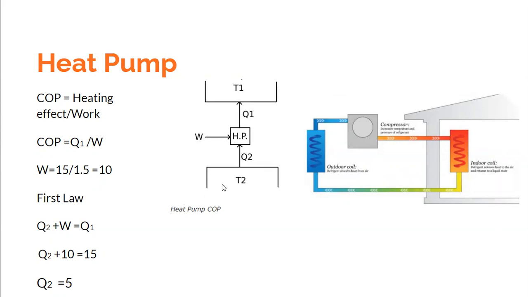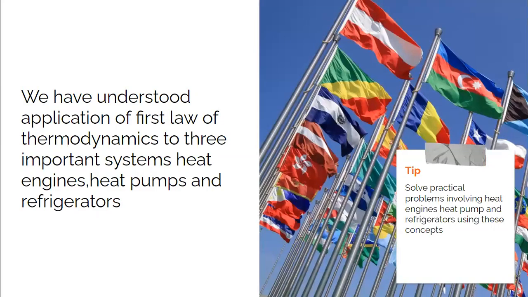So applying the first law now, how much heat is being removed from the space? Energy in is equal to energy out, Q2 plus W is equal to Q1. Q1 is given to you as 15, work you have estimated as 10, so that gives us Q2 as 5 kilowatts. Okay, so these are very simple numericals, and this numerical solving is really fun. I would advise you to solve more complicated numericals. But because this video is about making thermodynamics easier, I have purposefully chosen simple numericals and shown you how the first law of thermodynamics can be applied to the heat engine, heat pump, and refrigerator.